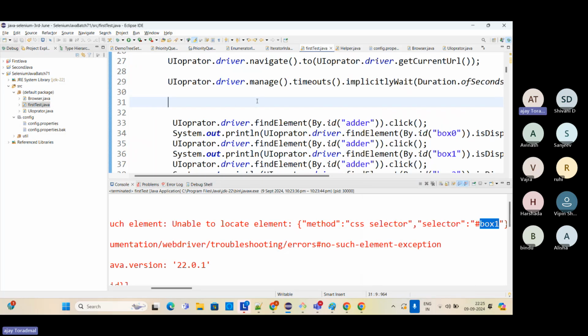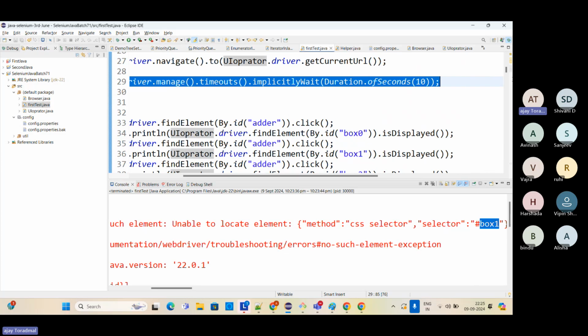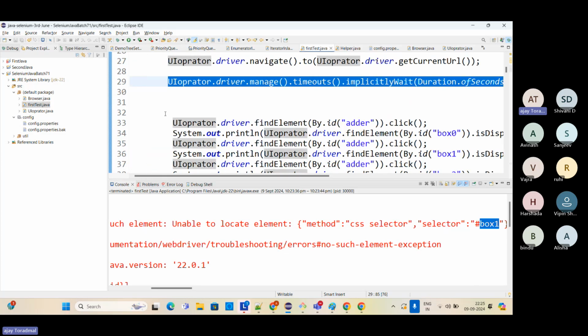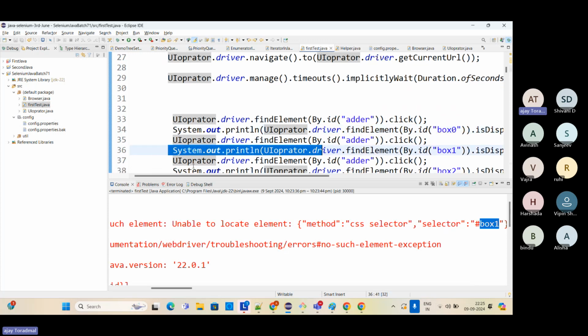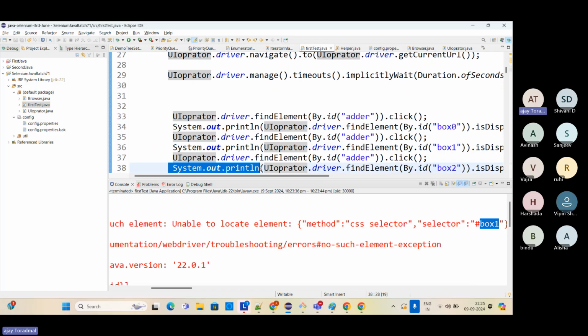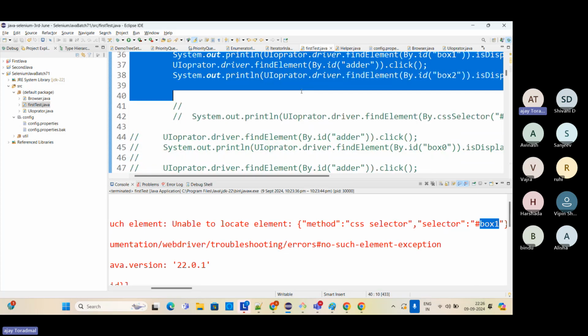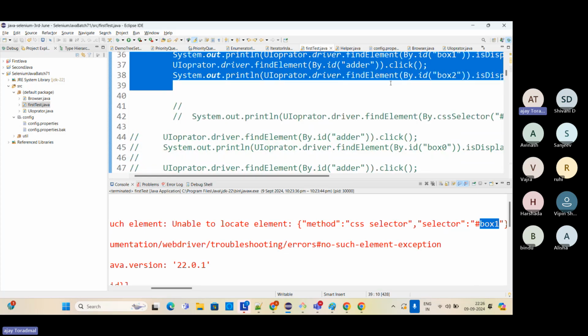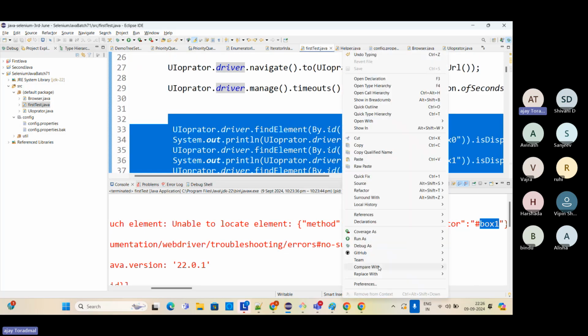Okay. Now, what we have said about this particular wait is that it is the global wait. That means this wait is applicable here, here, and here. Wherever you are doing driver.findElement, all three levels, it will be applicable to all these lines. So this is applicable throughout your code. Now, if I run this particular script,